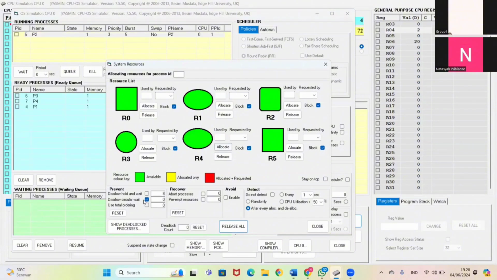This still causes deadlock. Then we can conclude that this disallow circular wait method with the processes we have now cannot be used to overcome deadlock. Then we just release all of this. This is how the process is finished. The deadlock cannot be prevented by disallow circular wait.